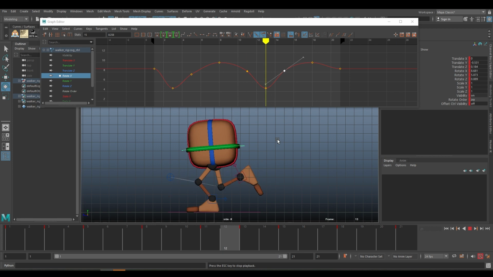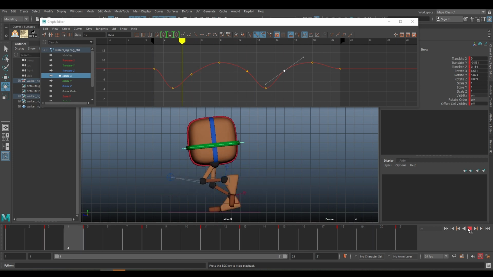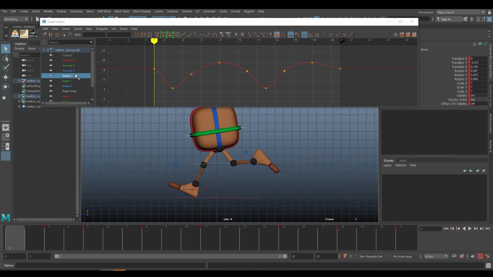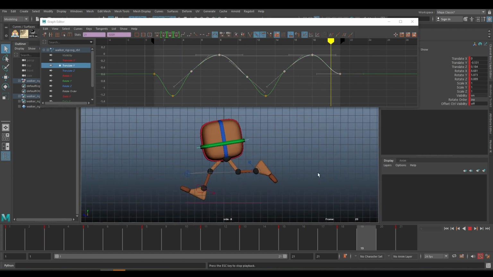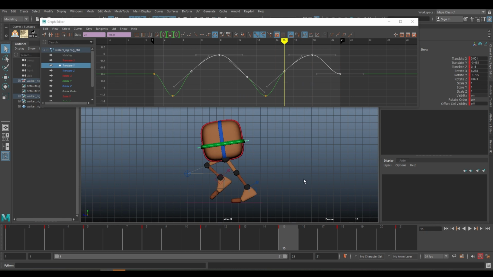Now you can see our character started running. Here you can see our hang time is not proper. If I want to see the character hanging in the air for some time, just to create more sense of weight in the character,